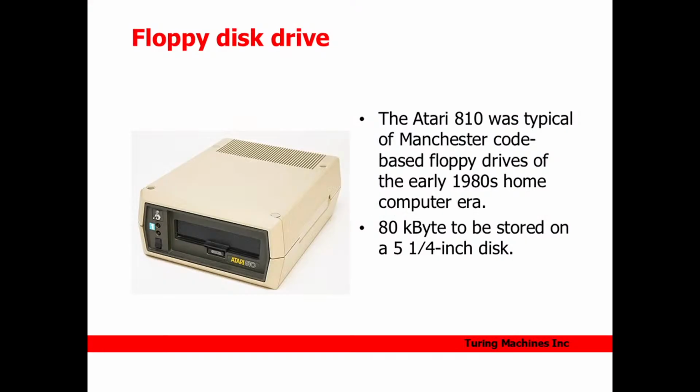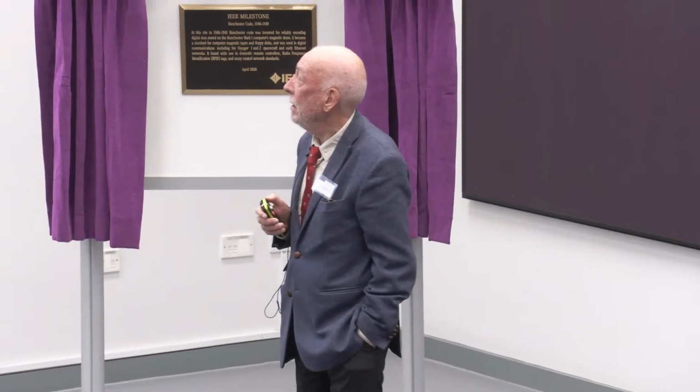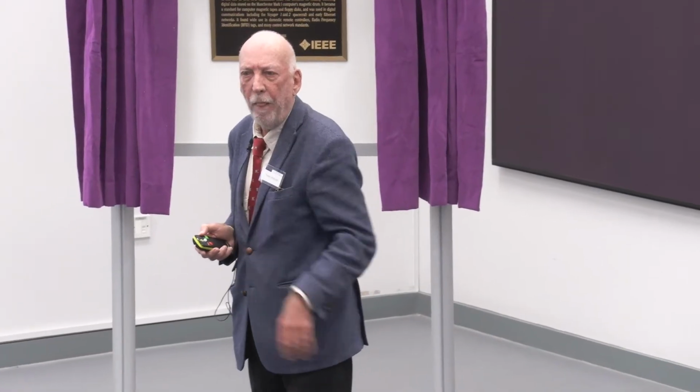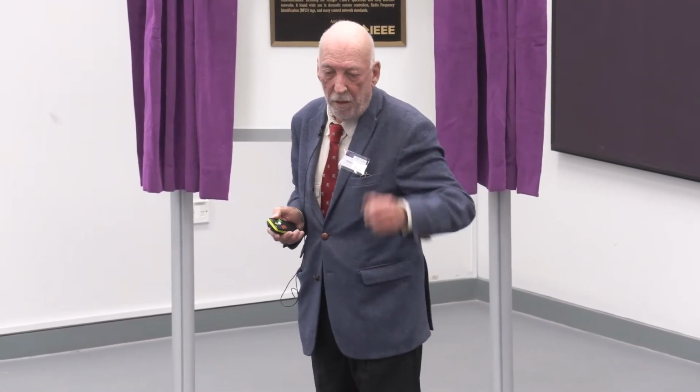This is probably a thing that you know from the 1980s. This was the Atari floppy disk with the 5 1/4, so the large floppy disk. And it could store 80 kilobytes, and it also uses the Manchester Code. And it's a fantastic product. It was first used in the PCs, probably you know it all. And then later we get the smaller floppies,